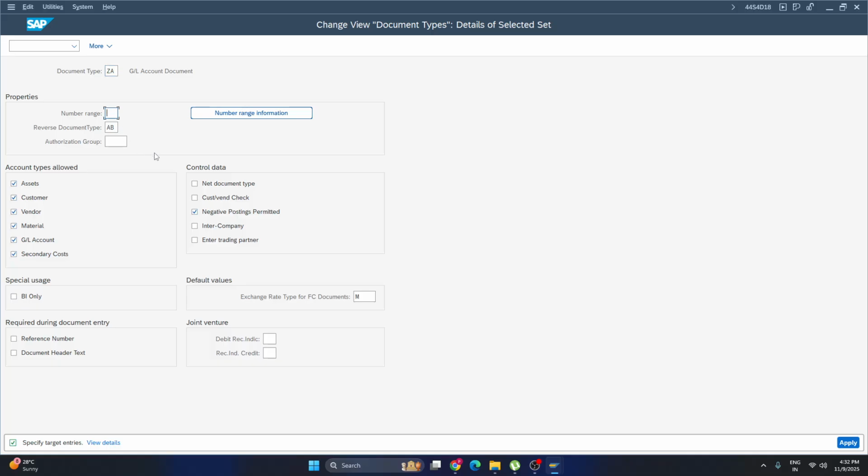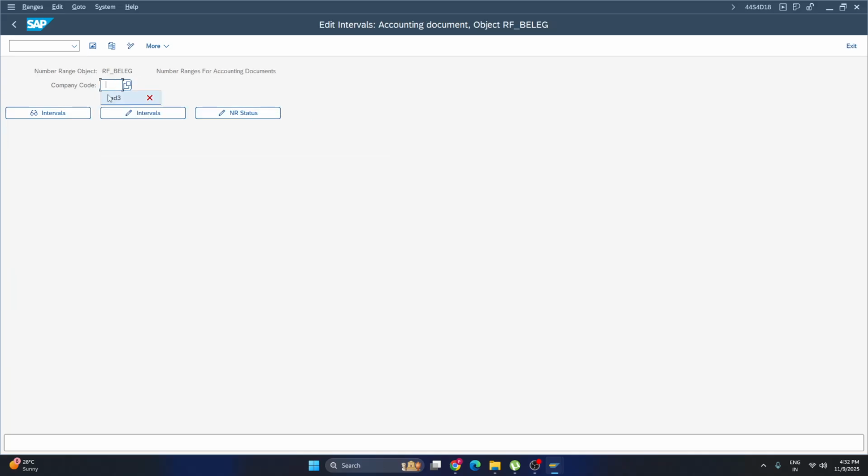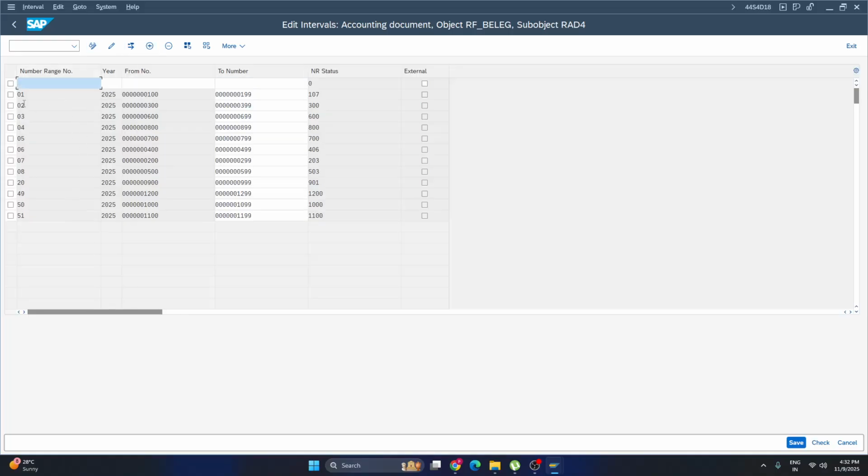This one will give some 99 number range. Click on number range information. Go to the RAD 4, change intervals. Create a new interval. What is the number I had given? 99, 2025,